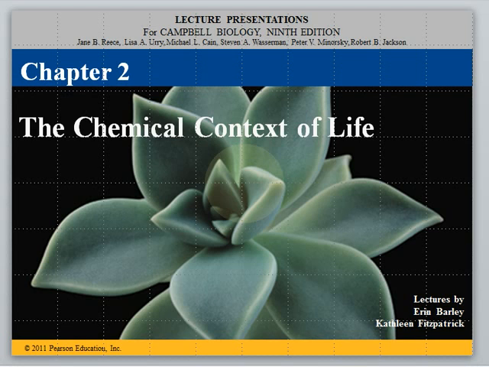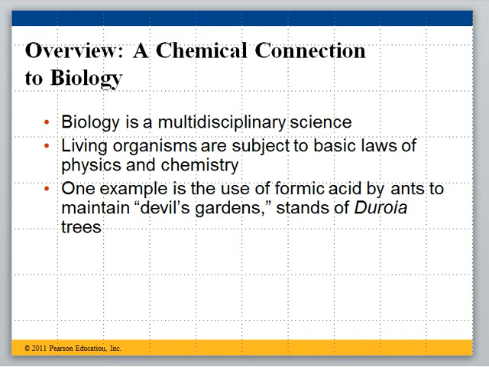Chemical context of life. This Chapter 2 is basically a quick overview of chemistry and how it relates to biology. Of course, we're not going to spend a lot of time specifically on chemistry, but if you'll think back and recall in Chapter 1, we talked about that reductionism approach to studying biology, where we break things down into smaller and smaller pieces. And of course, if we do that to a certain level, we're going to be studying chemistry instead of biology. Once you start to get down below the level of cell parts and into molecules and atoms, of course, then you're into chemistry.